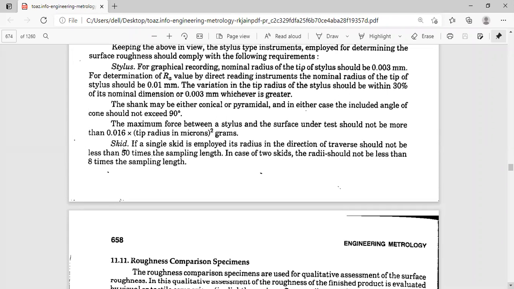Apart from that, in the Taylor-Hobson Talysurf, to magnify the stylus movement you can discuss the amplifier. You can discuss the demodulator, which is smoothing the waveform, because if you are not smoothing the waveform, the recorder will not accept the irregular waveforms. And you can discuss the display unit or the indicating unit, and apart from that, the analyzer, how to analyze the traces.